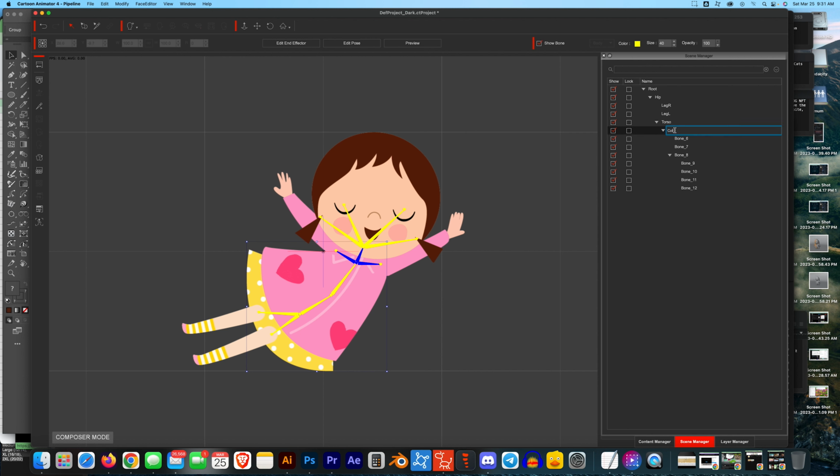That's the collarbone, I call it. And this is just for your reference. This is arm left, arm right, and that's going to be head. That's going to be eye right, eye left, and I might just